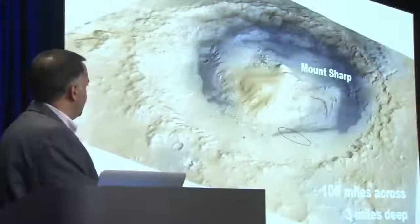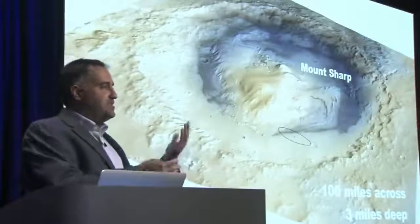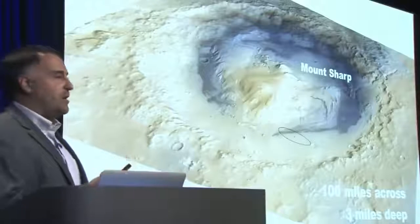The other things that the later orbiters found, including the Mars Reconnaissance Orbiter, which continues to be our communications link back to Earth every day: that orbiter has a scientific instrument that also found that these layers change with height. As you go from the bottom of the mountain to the top, the minerals that are in the rock change, the chemistry, the texture, the look of the layers change,